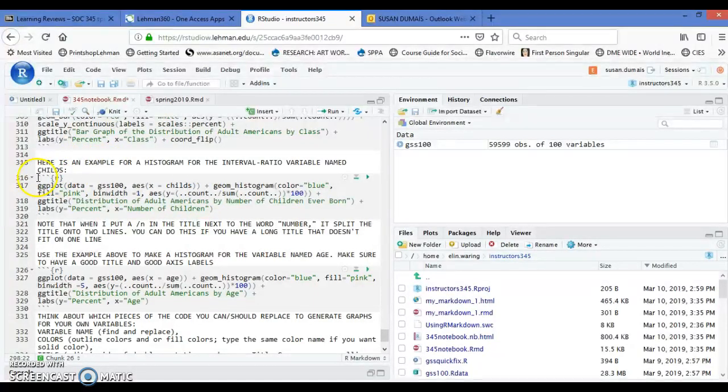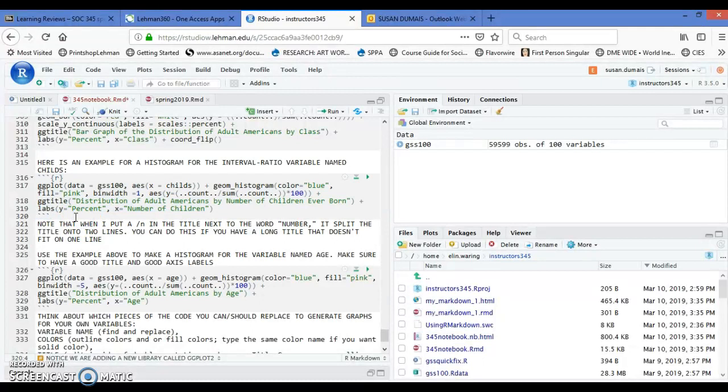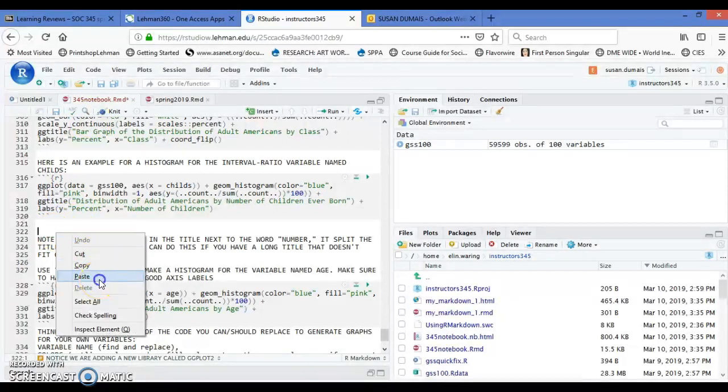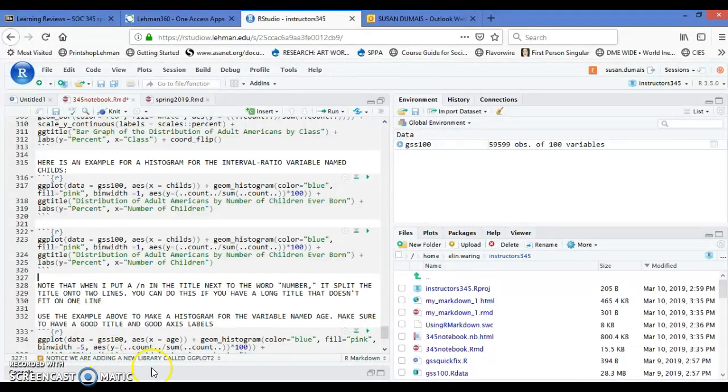Now, let's copy the chunk, go down a couple lines, and paste the chunk. And now we can edit it to include our interval ratio variable. So let's say your variable is not childs, but instead is TV hours. You would replace aes x equals here, the variable TV hours,